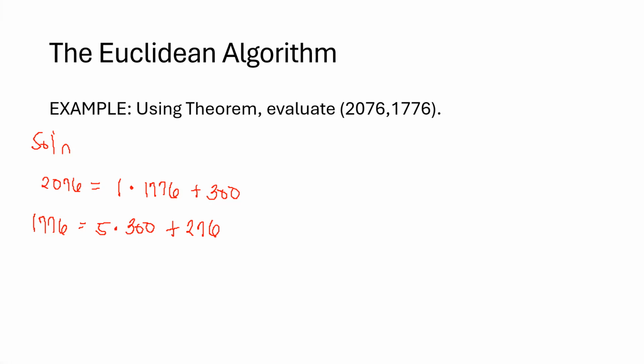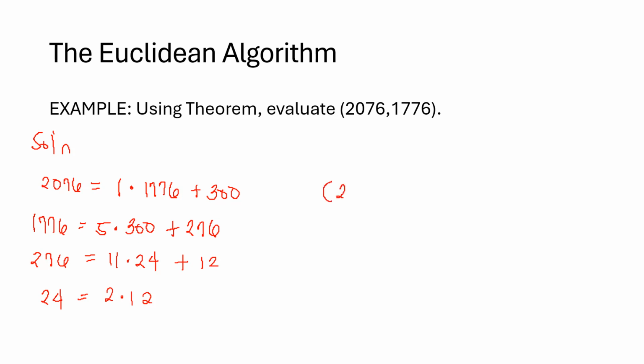We have 276 is equal to 11 times 24 plus 12, and then 24 is equal to 2 times 12. Now, by the repeated application of the theorem, we have